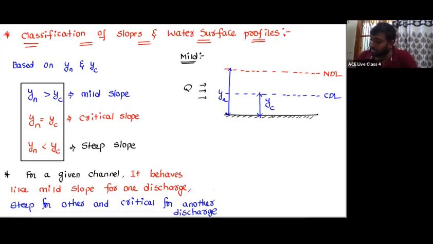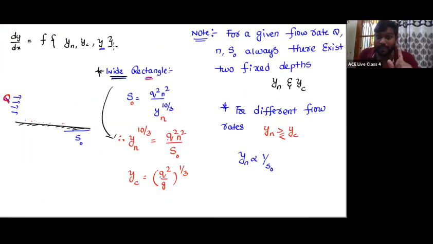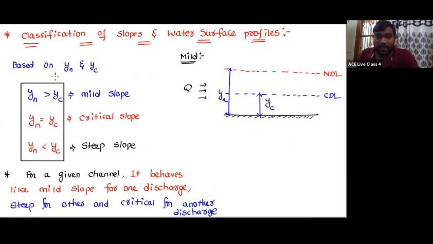See, I still did not discuss the flow depth. Did I? No. I am discussing based upon this yn and yc only. So based upon the yn and yc, I can classify the slope as a mild slope or critical or steep slope. Okay. Now, if it is a steep slope, means if the slope that I am going to provide